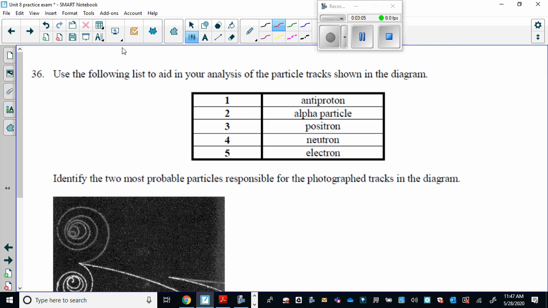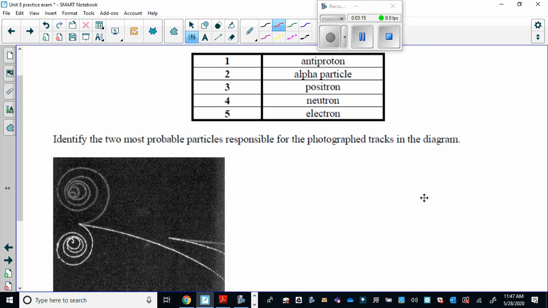36 says, use the following list to aid in your analysis of the particle tracks. Identify the two most probable responsible for this photo. Okay, so we have a branching track. One's being deflected down, one's going up. So one must be positive, one must be negative. The radius of these two, now while you could argue the radius of the lower one is a little smaller, they're still close enough that those particles must have approximately the same mass. So if you've got to pick a positive one and a negative one, and they have to be relatively close to the same mass, what's the only combination that's going to work there? It's going to be the positron